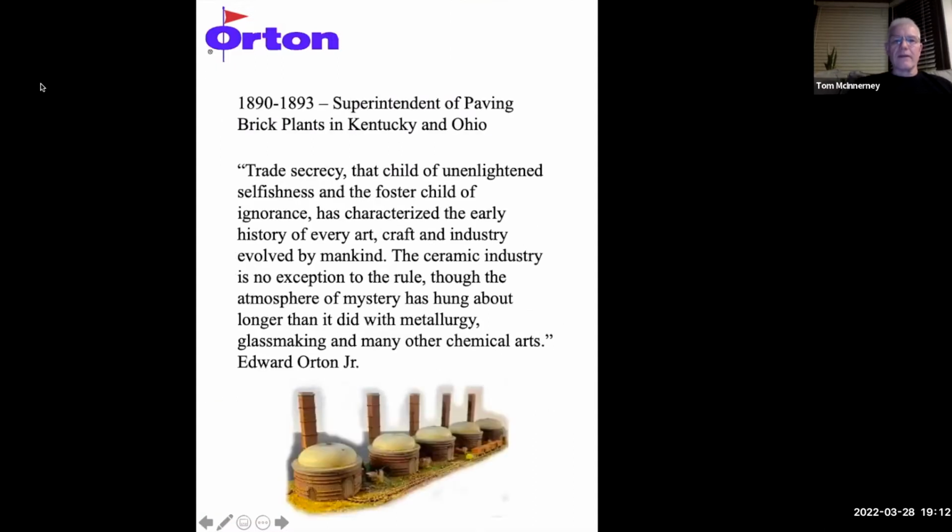Okay, so having graduated from Ohio State with that degree in mines, his first real job was to become a superintendent of a brick plant that had 2 locations, one in Kentucky and one in Ohio. And while he was there,